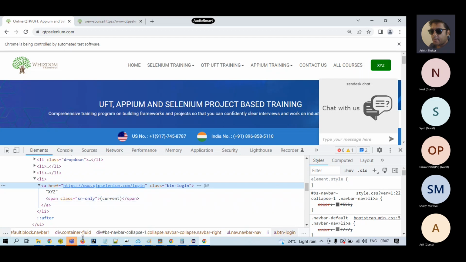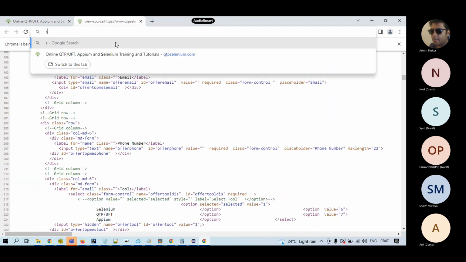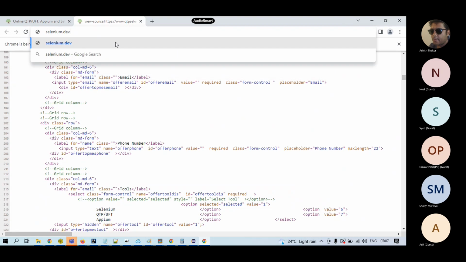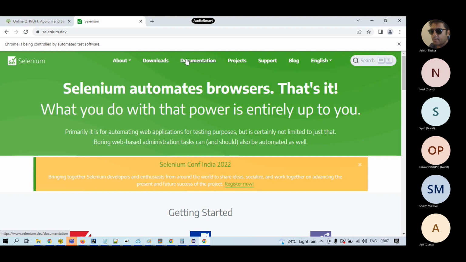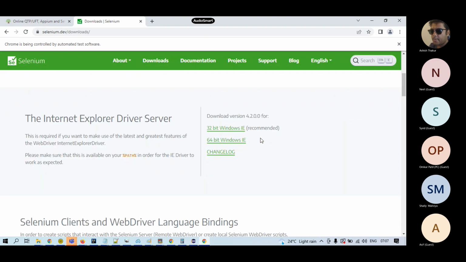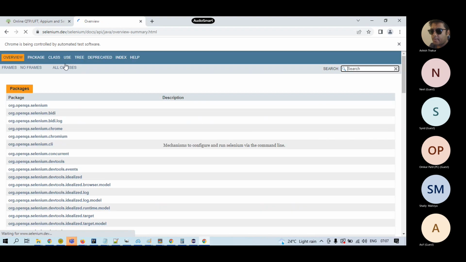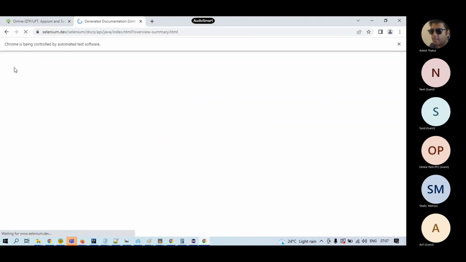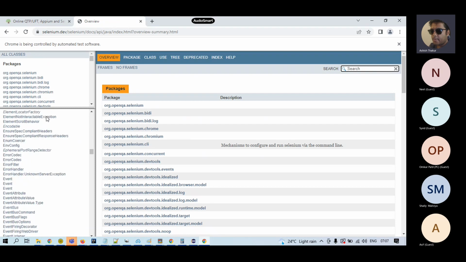So if you look at the Selenium API, if you look at the documentation, right, there will be a